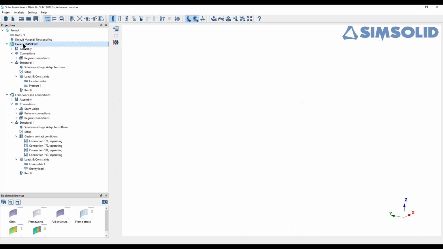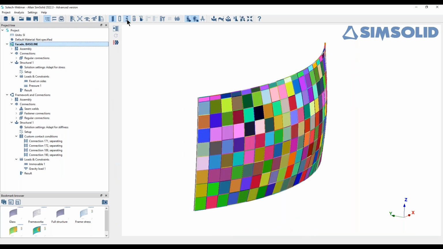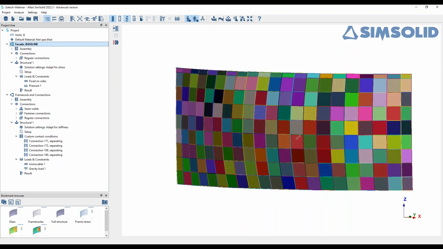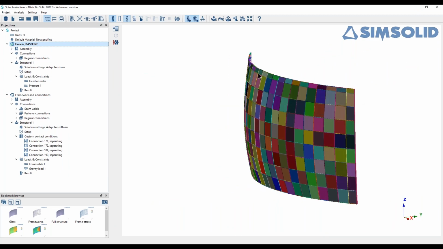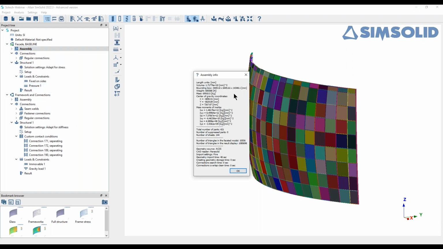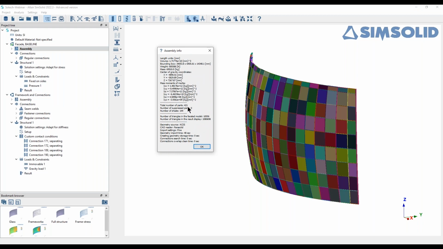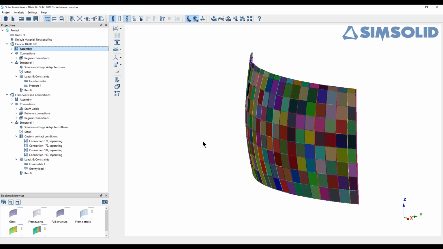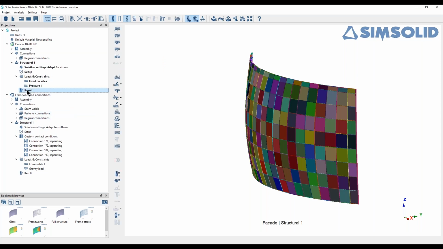Now the other example, which I'm going to show you here, is the whole complete facade. I've done this already, so it's made out of glass and steel framework. If I look at assembly information, it gives you an idea how many components there are, 421 parts in total. I have done the analysis already, because if I show you the results in here, can you see it only literally took 10 seconds to run. And the type of results you get in here are,